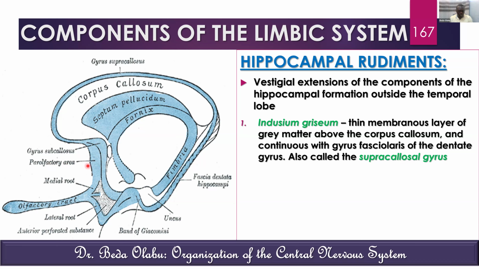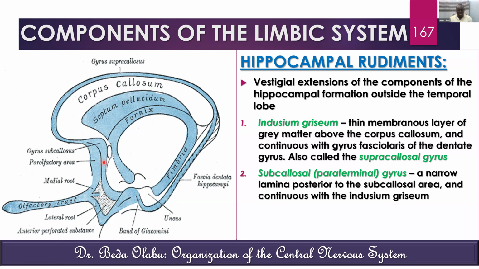We see the parolfactory area, and we see the gyrus subcallosus, or basically the subcallosal gyrus, which is the second component of the hippocampal formation. Sorry, hippocampal rudiments. So the subcallosal gyrus is also known as the paraterminal gyrus. It's a narrow stripe of extension of the indusium griseum on the middle aspect, in front of what we call the anterior commissure, this one, lamina terminalis, this one, and behind the parolfactory area, or what we had called earlier